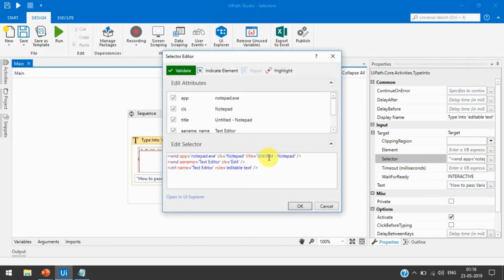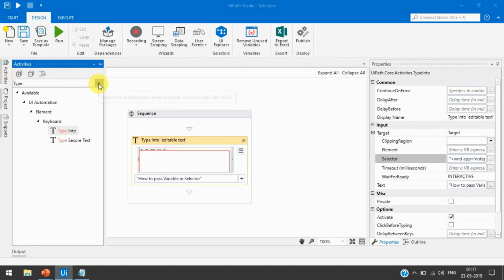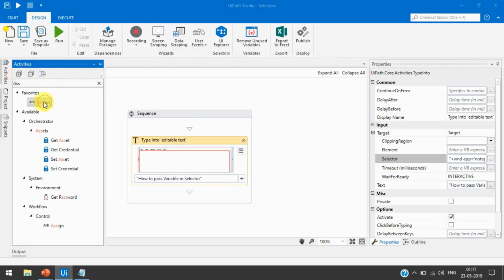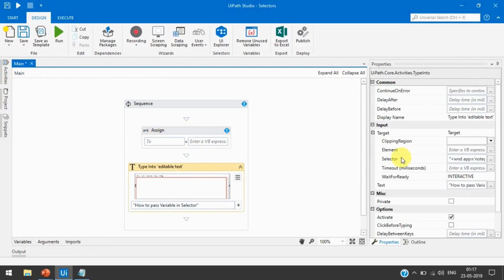Now we are going to learn how to pass a variable inside the selector. I am going to change this and put a variable here instead of a static name. For that, let me take one assign activity, because if you are working on any project, then you get the data in a variable and pass that variable here in the selector.